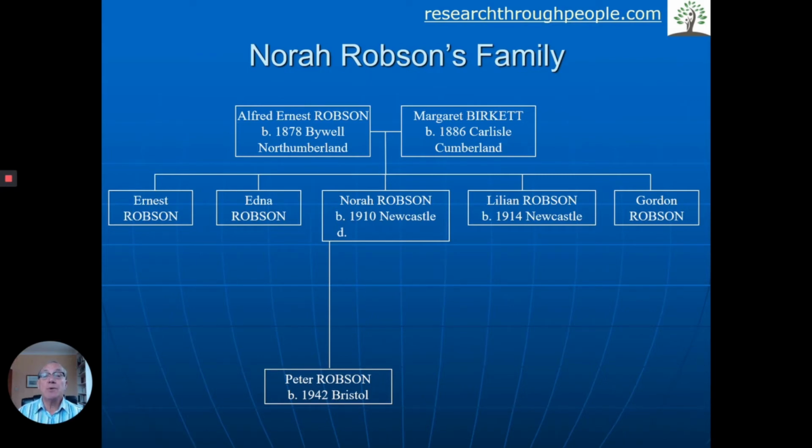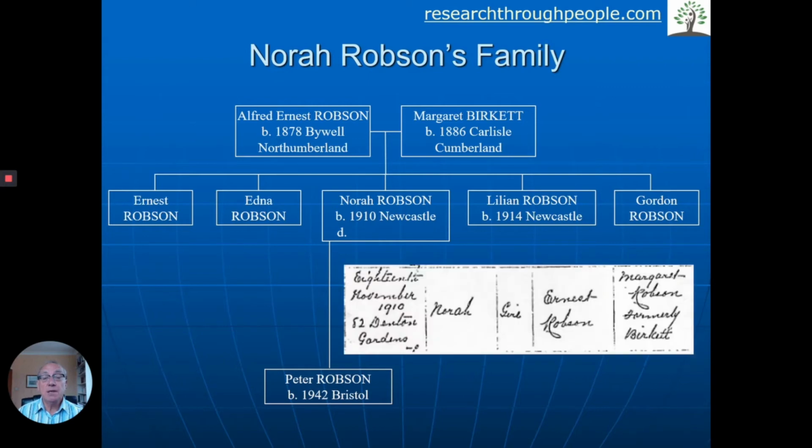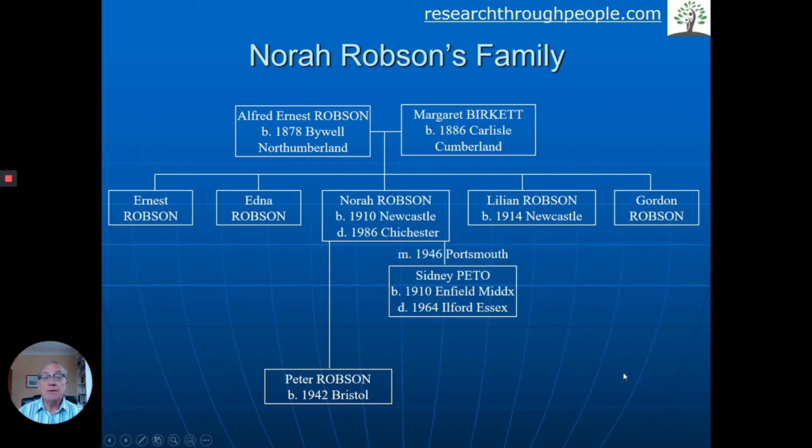But we found that. And then, okay, we've got Norah. What about her? And then we investigated her, and in fact there we are, we found her actual birth, and it confirms her mother and father. And then she went on to live a life, sure enough. So basically she had Peter during the war, gave up for adoption, married after the war at Sydney Pito,